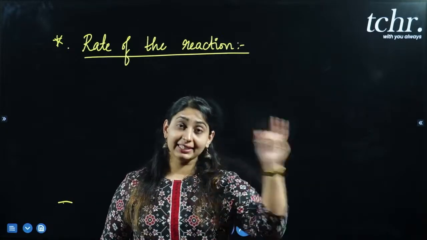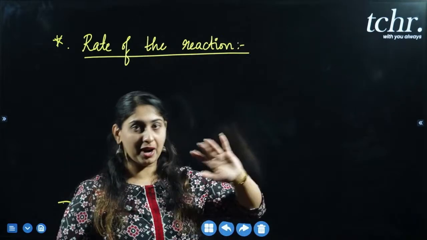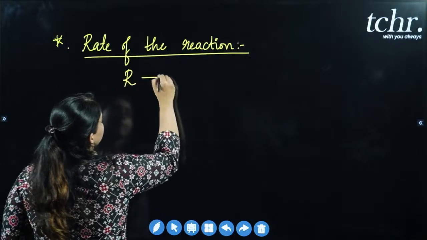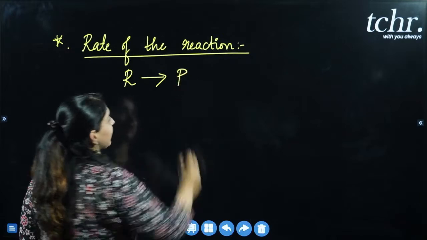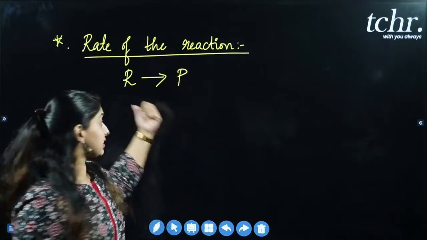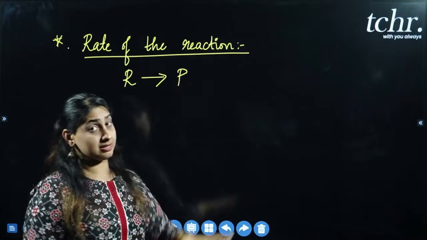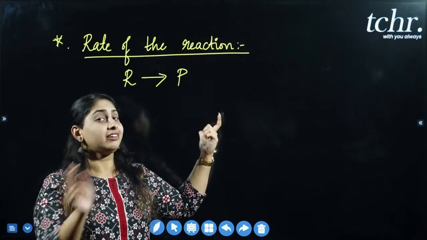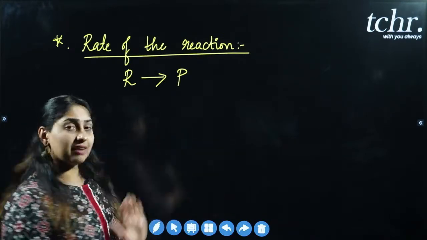So ಅದೇ ಥರ ಒಂದು ಕೆಮಿಕಲ್ ರಿಯಾಕ್ಷನ್ ನ ರೇಟ್ ಅಥವಾ ಸ್ಪೀಡ್ ಅನ್ನ ಹೇಗೆ ಕ್ಯಾಲ್ಕುಲೇಟ್ ಮಾಡೋದು? Let's have a look at it, right? So first you consider a basic or a general chemical reaction wherein reactants are getting converted into products. Capital R represents the reactants, capital P represents the products. Okay, so if you consider this general reaction wherein reactants are getting converted into products,